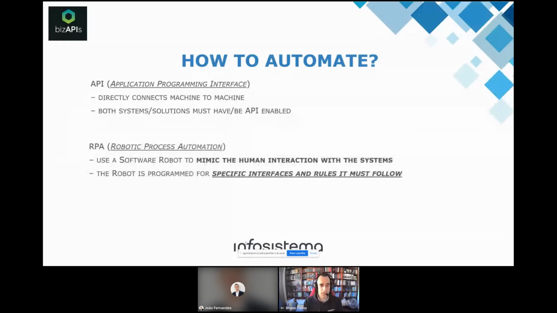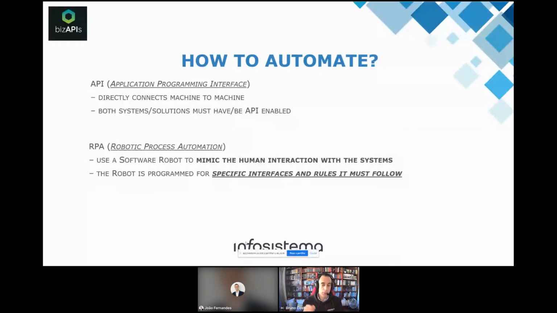The other alternative is to use RPA. RPA means robotic process automation. For robotic process automation, what you are doing is basically replacing a human that is doing a manual work, for example, in your back office, in those KYC processes, where somebody in the back office has to access those portals, go into some source of information, validate information from that extra source, and you replace that human with basically a software robot that will mimic the exact same process that the human was doing.